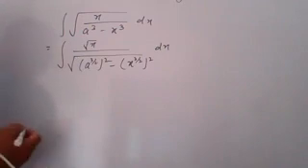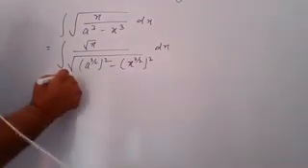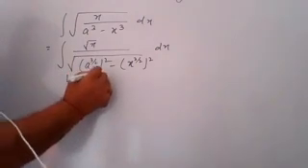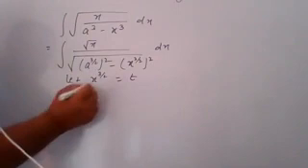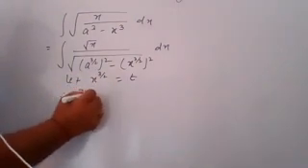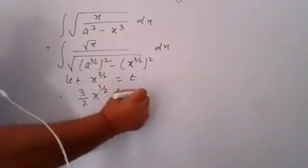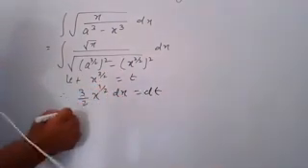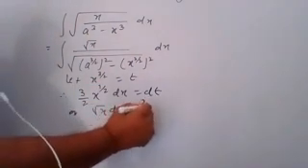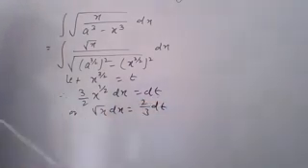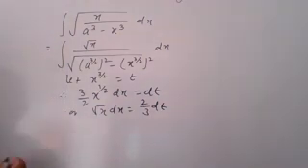Now you substitute here x to the power 3 by 2 is equal to t. Let x to the power 3 by 2 is equal to t and differentiate it. So if you differentiate here, you have 3 by 2 x to the power 3 by 2 minus 1, means 1 by 2, dx is equal to dt. So here you have root x dx is equal to 2 by 3 dt. In place of root x dx, you put here 2 by 3 dt.